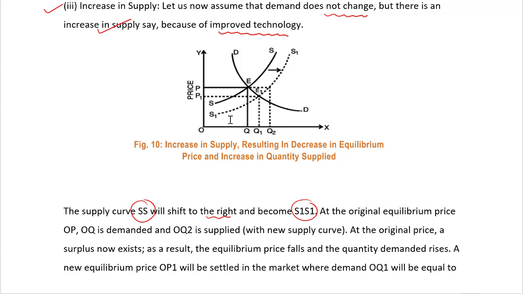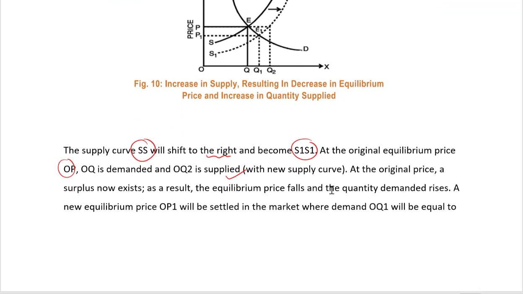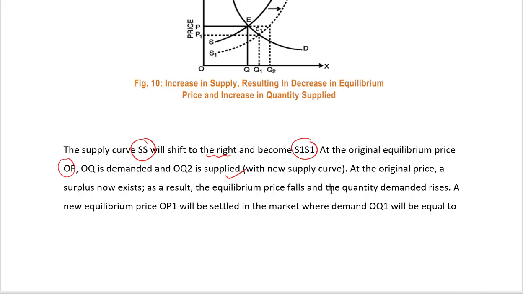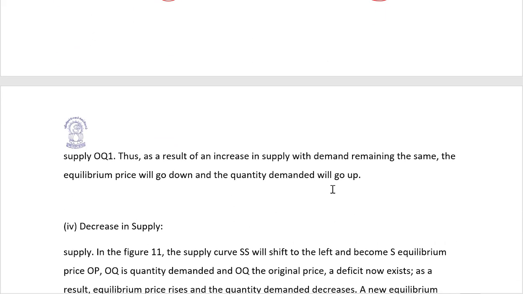At the original equilibrium price, that is OP, OQ is the demanded and OQ2 is supplied. At the original price, a surplus now exists. As a result of that, the equilibrium price falls and the quantity demanded rises. A new equilibrium price, that is OP1, will be settled in the market where demand OQ1 will be equal to supply, that is OQ1. Thus, the resultant increase in supply with demand remaining the same, the equilibrium price will go down and quantity